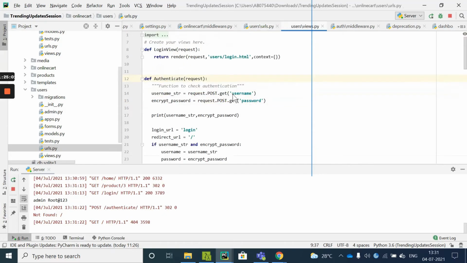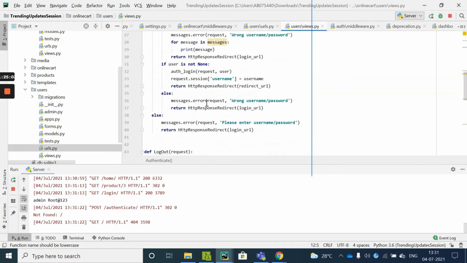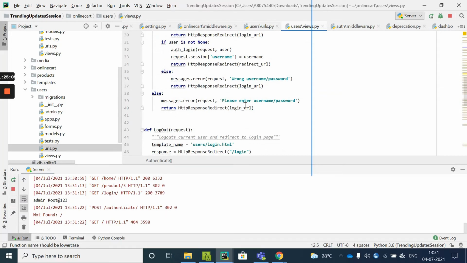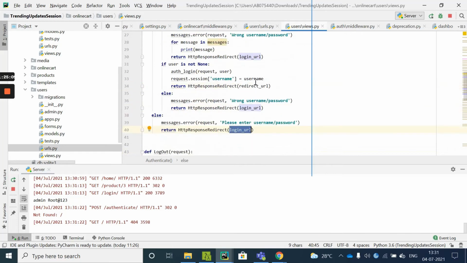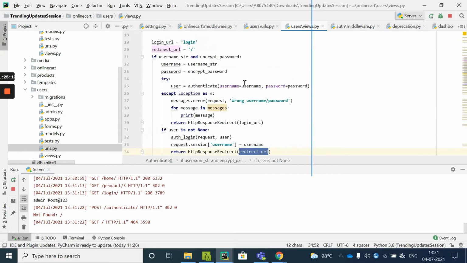Whenever I say authenticate, inside authenticate, what I was doing is the login URL was being passed like this, and the redirect URL. So there were two things. Okay, here I'll add simply home/ and login, this.